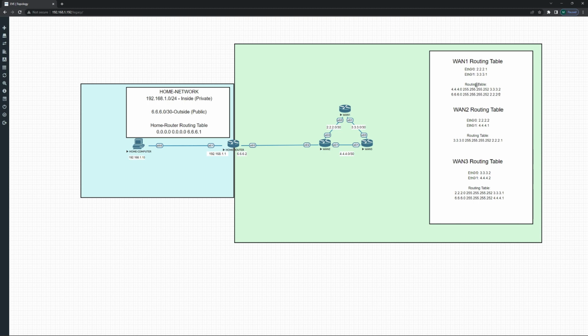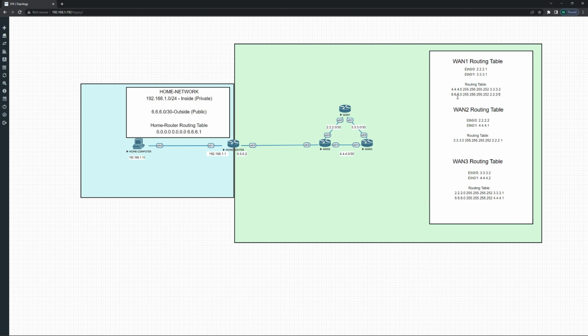I have the interfaces already configured, but I'm also going to be configuring this routing table that I'm statically assigning to say that I want to get to specific addresses, in this case the 4.4.4.0 and the 6.6.6.0 subnets, in what I believe to be the fastest path to get there. So to get to the 4.4.4.0 subnet down below here, this little /30, I'm saying take the 3.3.3.2 default gateway, which is going to be the IP address on the interface Ethernet 0/0 over here on WAN